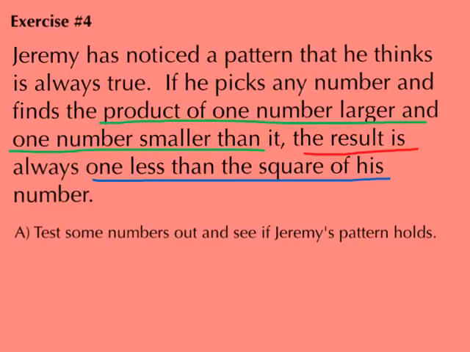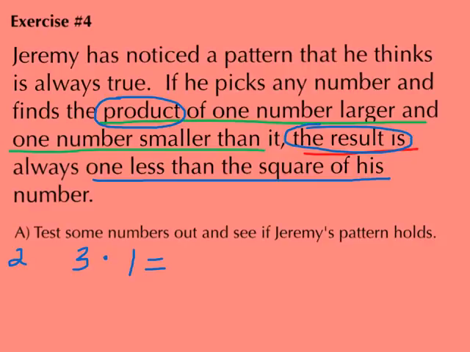So let's do some sampling. Let's do our first test, and I'm going to say the first number I choose is 2. So if my first number is 2, we're going to look for one number larger than it, which is 3, and one number smaller than it. The word product means that I'm going to multiply those two together. The words the result is, it means equals,